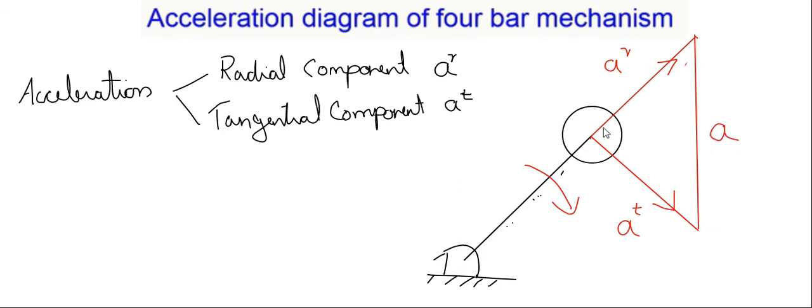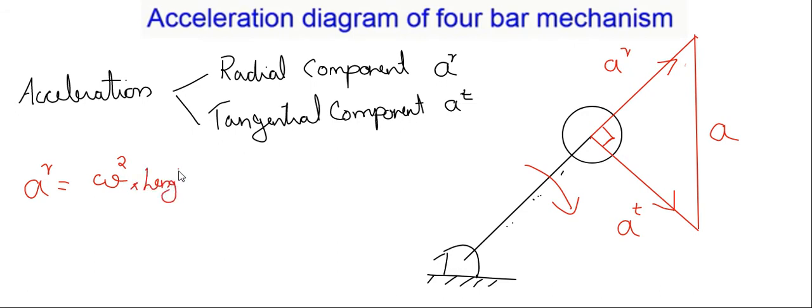And we know radial and tangential component will always be at 90 degrees. This is important. Radial acceleration and tangential component of the acceleration will always be in perpendicular direction, and A, the true acceleration, will represent its total acceleration. Along with this, we want to know some equations that are needed to draw an acceleration diagram. So we need either AR or AT to get A, because we cannot get A directly. We need the radial and tangential component to be known, then only we can complete the triangle and find the resultant. So to get AR, that is radial component, we have the equation AR is equal to omega square times